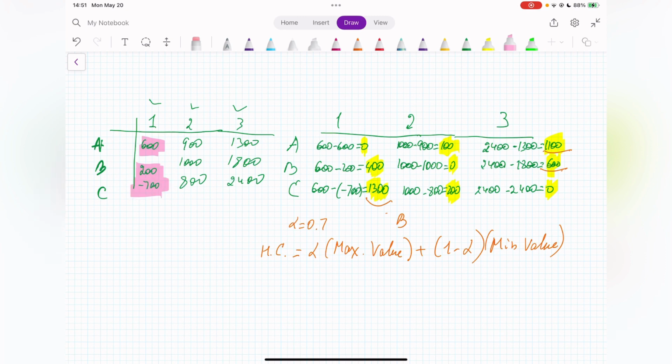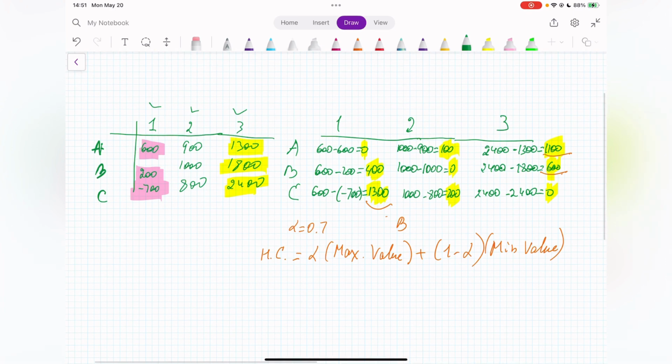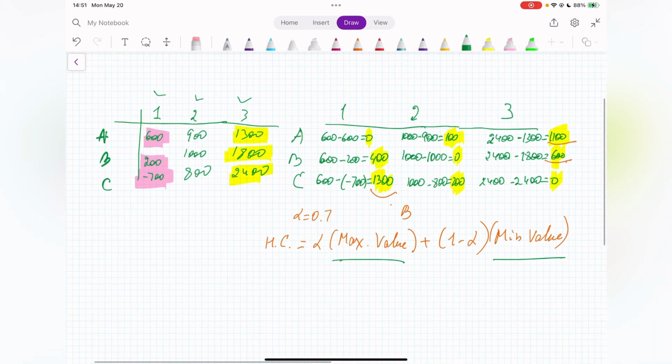Okay, the best payoff for alternative A was 1300, for B was 1800, and for C was 2400, correct? Okay, so now we have the maximum value and the minimum value. What we're going to do is take our alpha 0.7